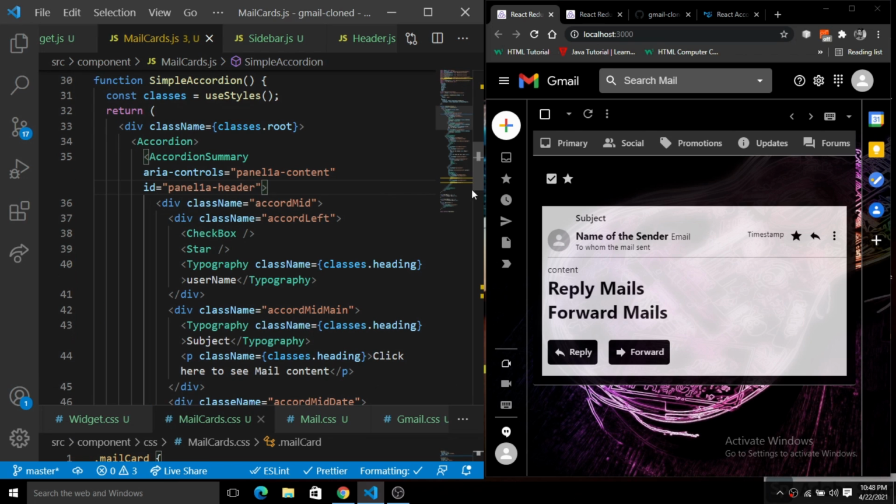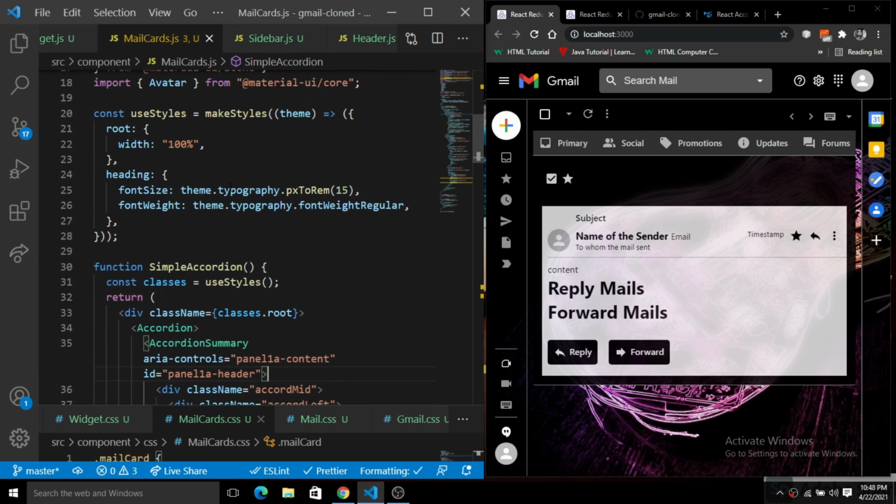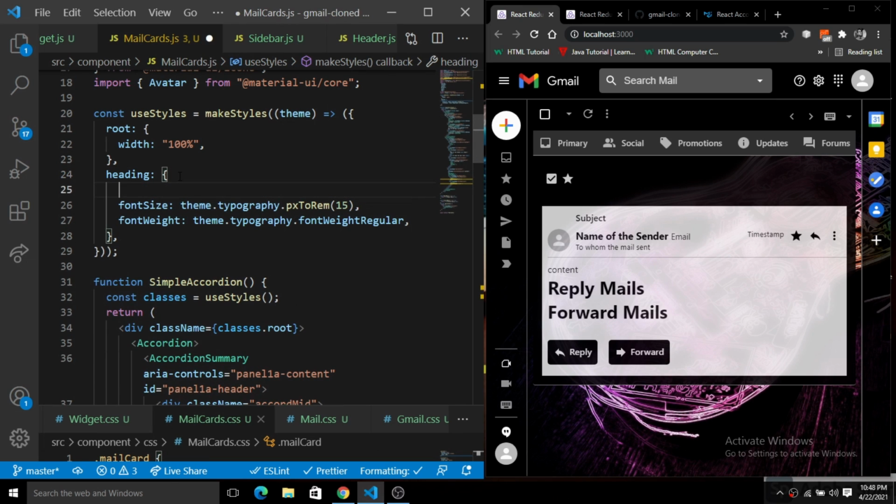I think we have resolved the issue, because we can see this heading, and the font weight and the font size are not what we have seen. So let's put the color here as FFF, which is white. Just put the commas there and save this. Now we can see everything is showing here.